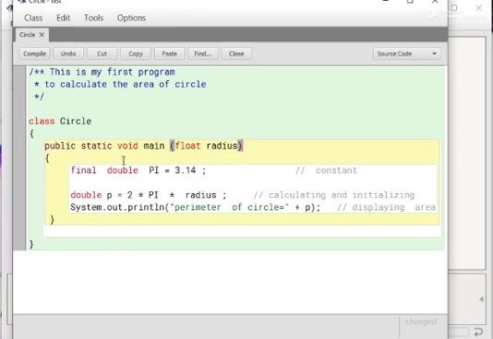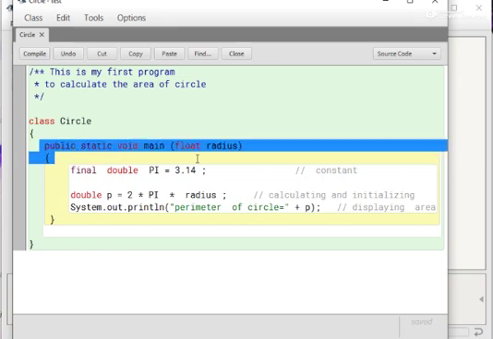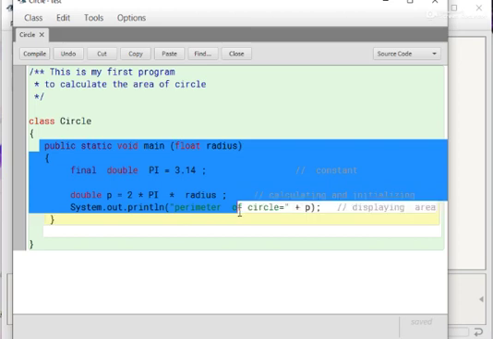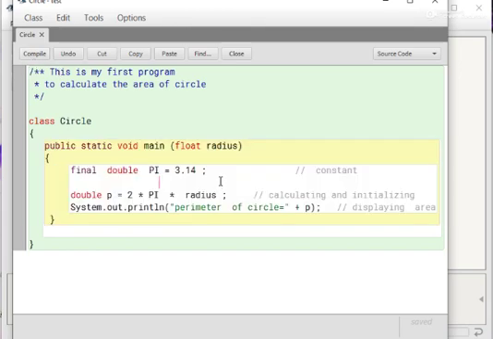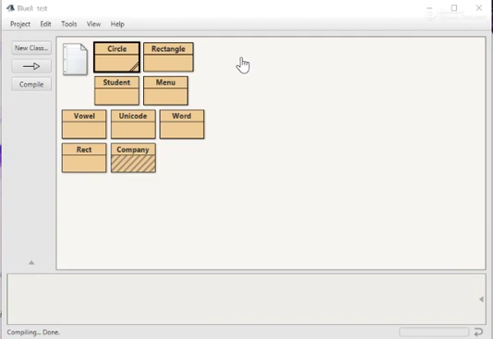Now we can receive the value of radius by using a parameter, but this type of statement can be executed in BlueJ or some certain platform only. So let's see how we can compile and execute this program. Just click on the compile button. If there is a message "class compiled, no syntax error", close it and run the program circle.